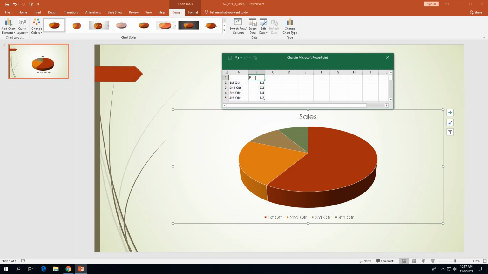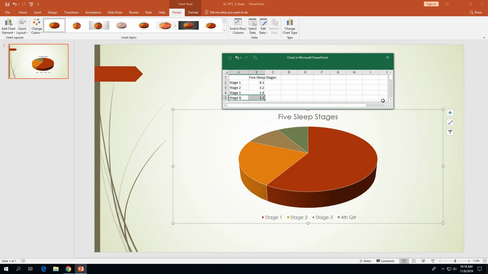So we're going to type in 5 sleep stages into cell B1, and then we're going to click on cell A2 and type in stage 1, and then we're going to click on cell A3 and type in stage 2, and then click on cell A4 and type in stage 3, and then click on cell A5 and type in stage 4,